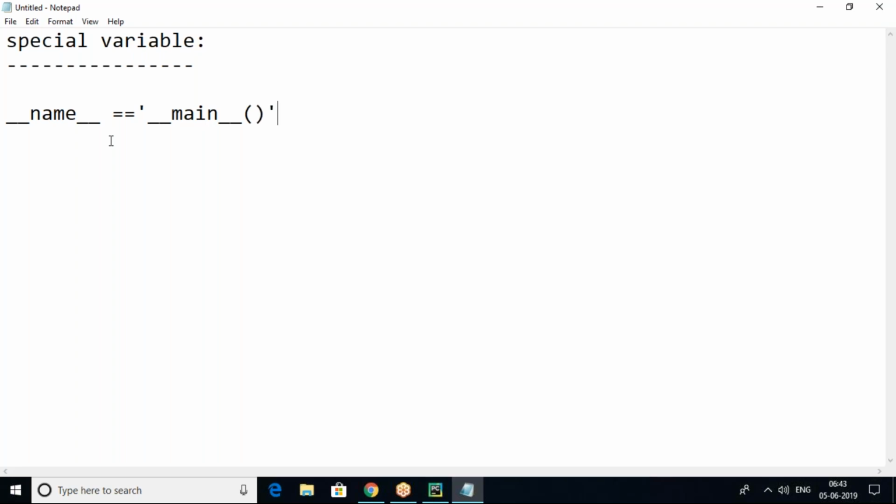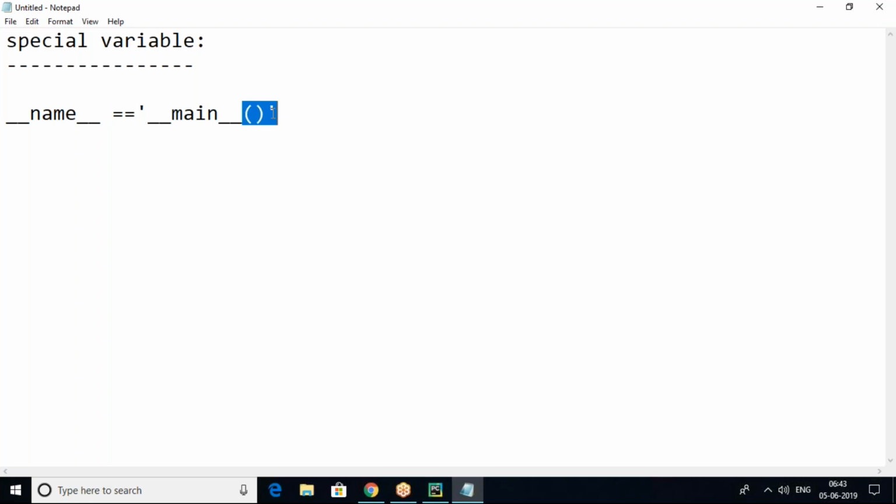How does it know whether that is executed directly or from some other module? Simple, if the name variable value is main, in the sense the program is executed as an individual program. If not, then the program is executed from some other module. That is the only reason.